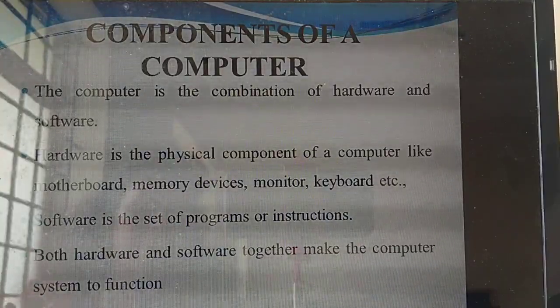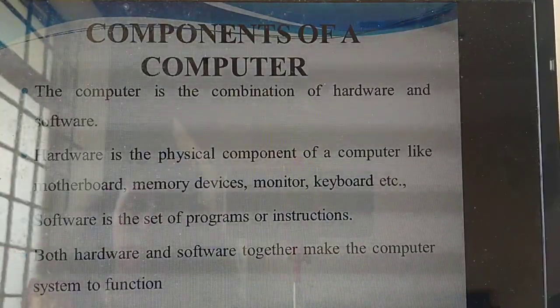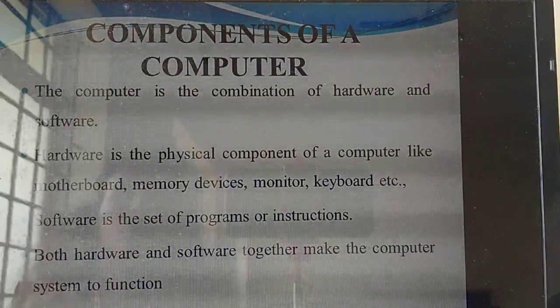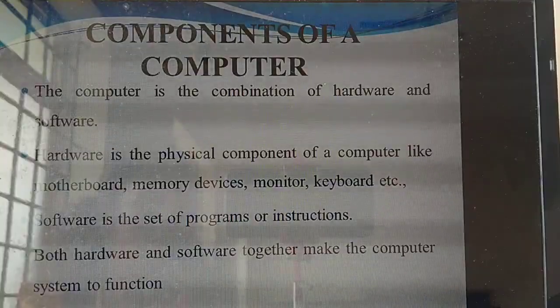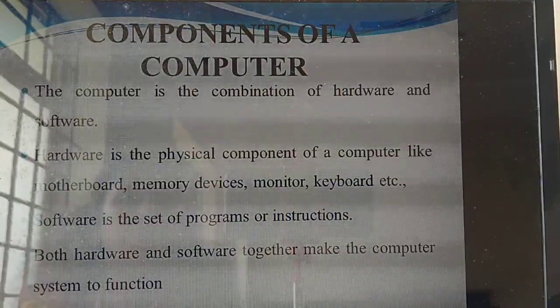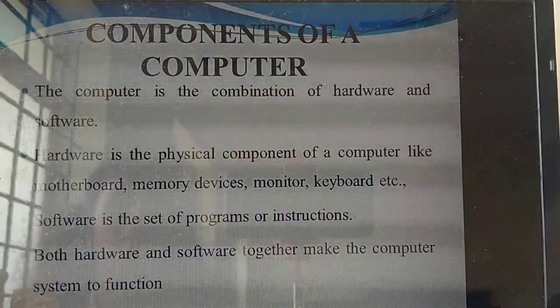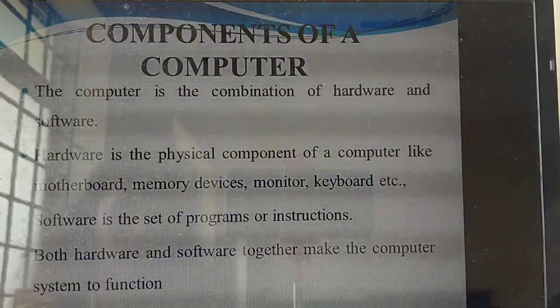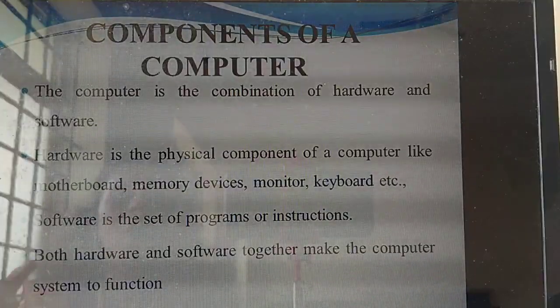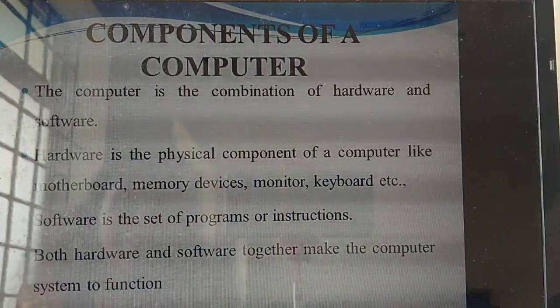Please listen carefully. If you have your textbook, please open your textbook, and just listen to what I am teaching. Understand? Yes. So a computer is a combination of hardware and software. What's the first point? A computer is a combination of hardware and software. Before I explain this, you should know what you mean by hardware and what you mean by software. So what do you mean by hardware? Hardware is a physical component.